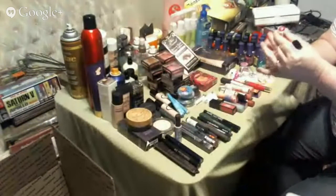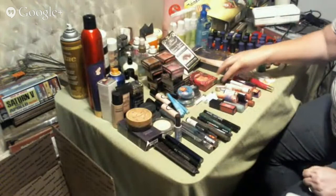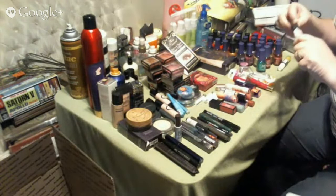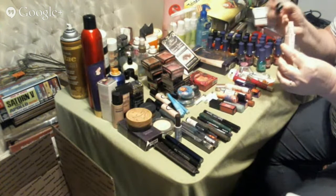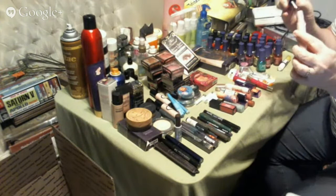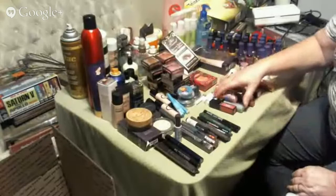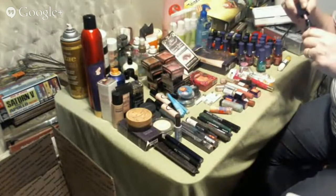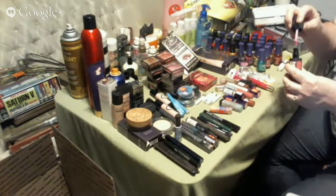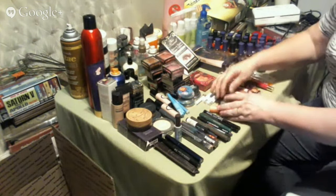Now, there again, I cleaned all of these with the alcohol sponges just to make sure, in case anybody used it. All these brushes. I did find a few things in here that was still sealed. Yeah, a lot of these are just the rub-on glosses. Anyway,